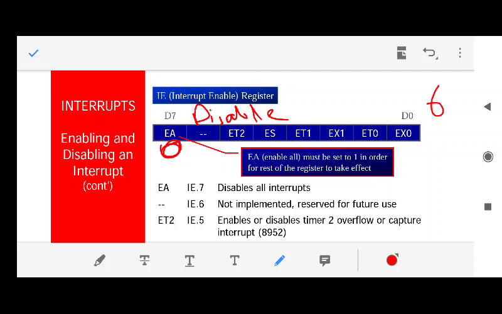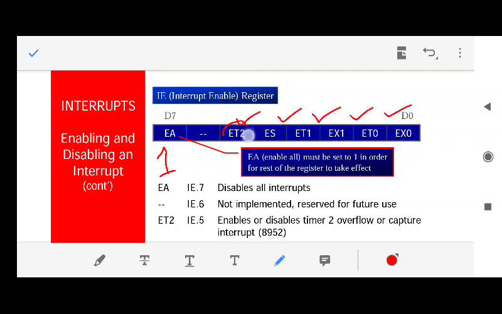Nothing can interrupt 8051 once it starts executing the program when this bit is 0. Now this can be done through programming. When this bit is 1, these bits are checked. What are these bits?